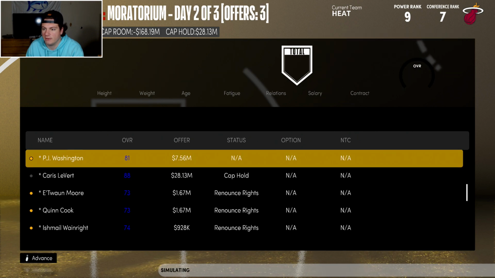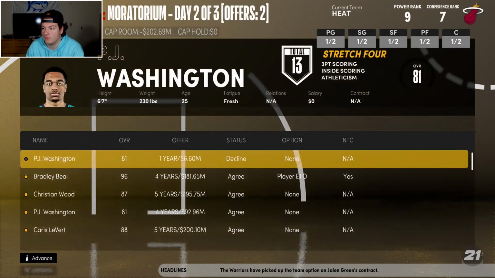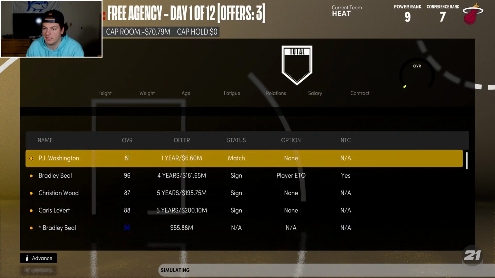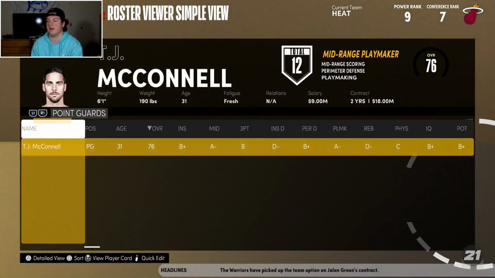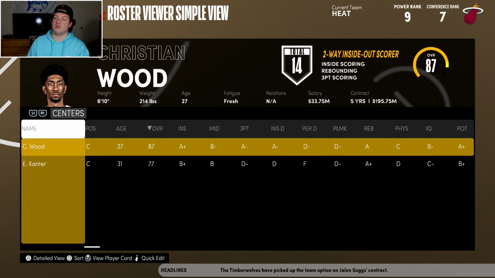Renounce rights. And now I'll sign Caris LeVert after this. I didn't even realize how many free agents we had. A whole lot of free agents. Washington's obviously getting that qualifying offer, which is going to help our cap a little bit. But we're definitely out of cap space. So it's time to figure out a Drew Holiday trade and maybe one or two more big ones,